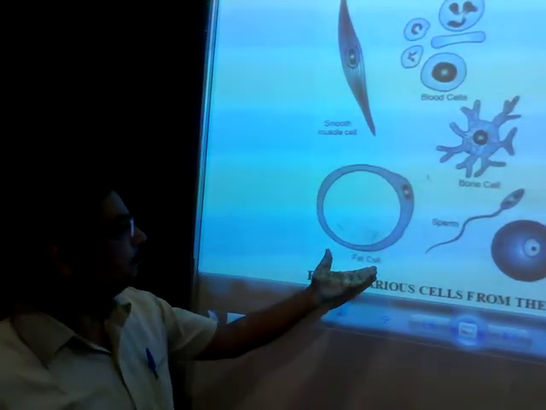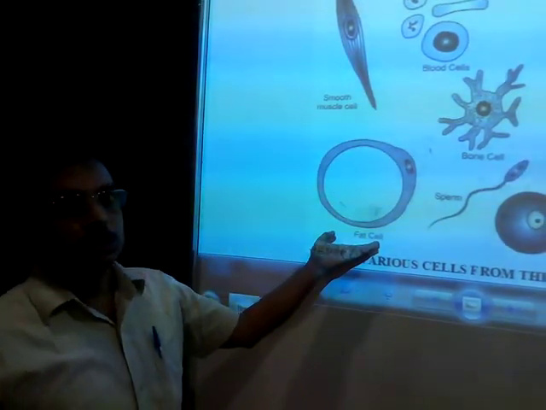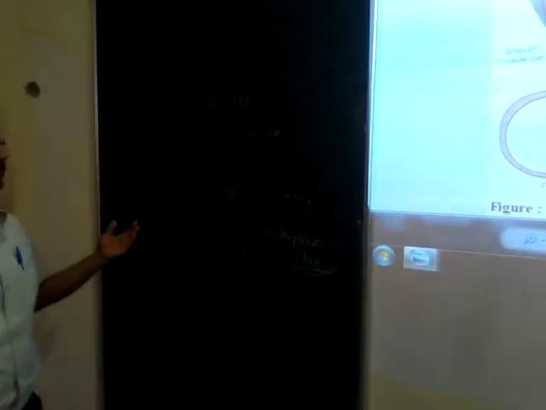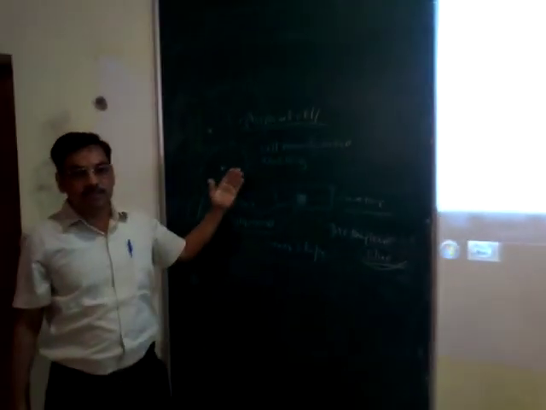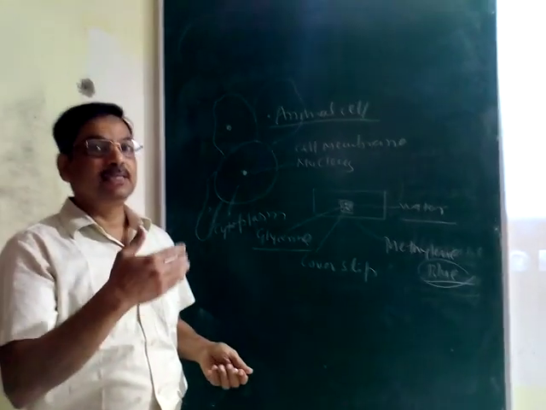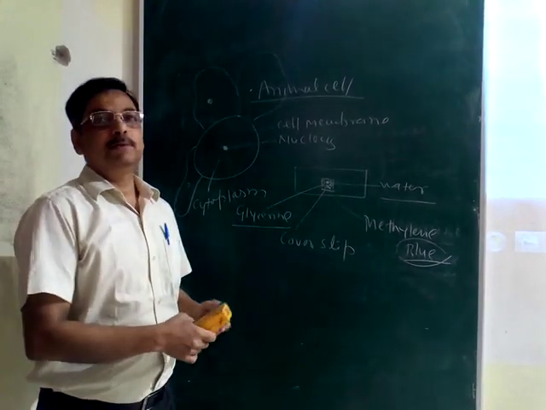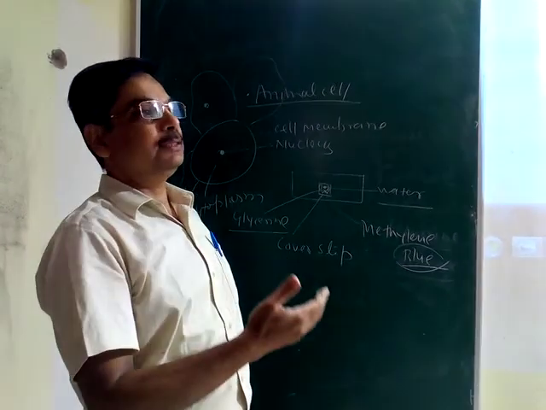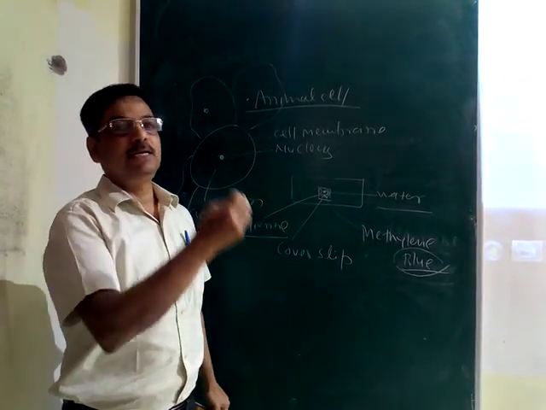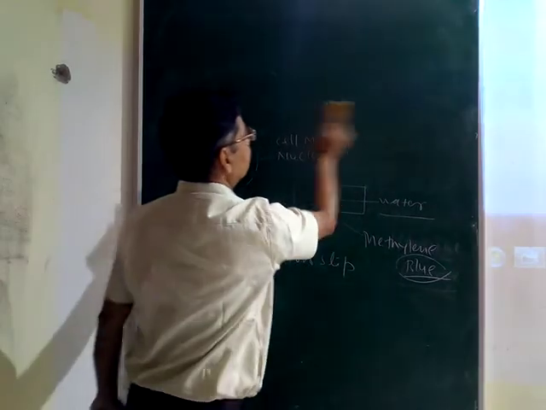So we find that in animal cells also we have different shapes and sizes. Again we have a fat cell, its shape is different. So now we come to the conclusion that plant cells and animal cells differ in shape and size. So this is all about the basic structure of the plant cell and how we can observe the plant cell and animal cell in living organisms. Now we come to another topic, that is types of cells.